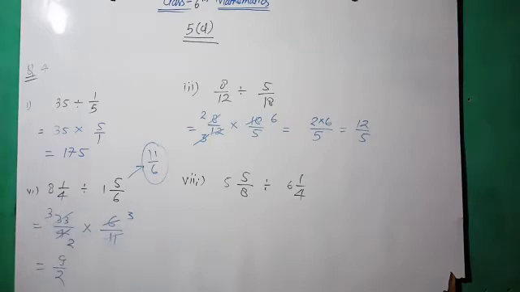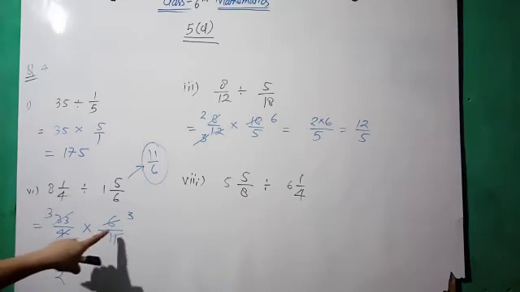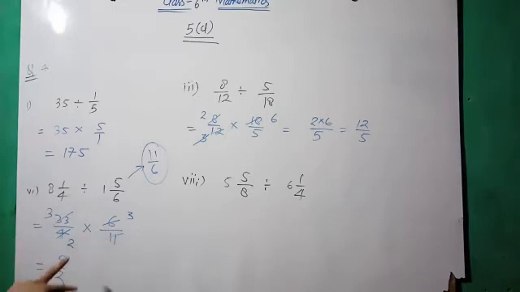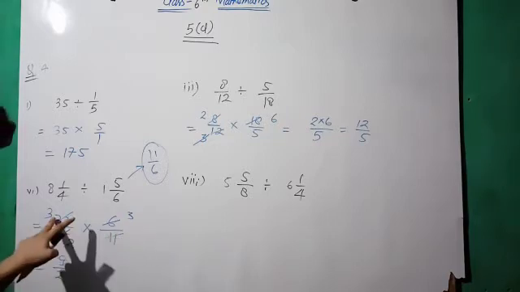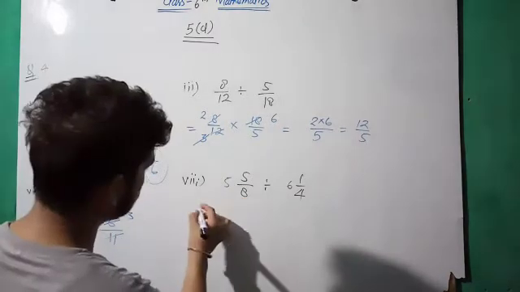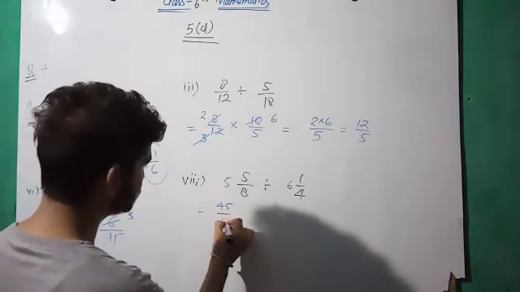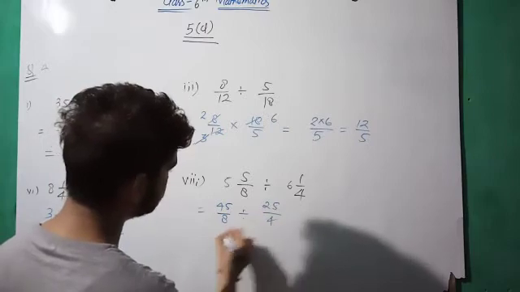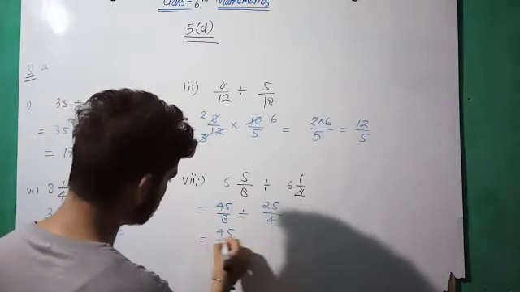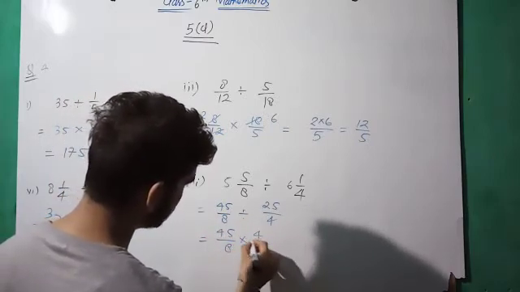2. Okay, we have to divide 6 as well as 4 by a common digit, that is 2, because both 4 and 6 are in the table of 2. So you have to divide by 2, 2 into the 4, and 2 threes are 6. And here you have to divide, 11 threes are 33, 5 is 40 plus 5, 45 upon 8. Divide by 25 upon 4.